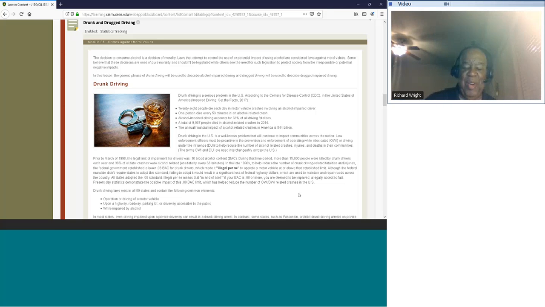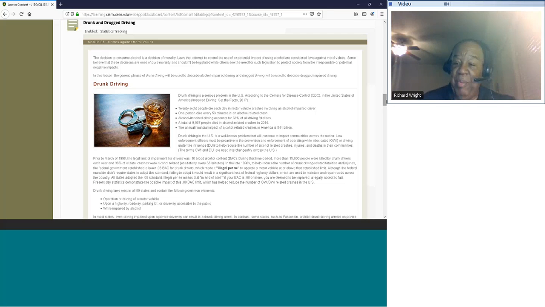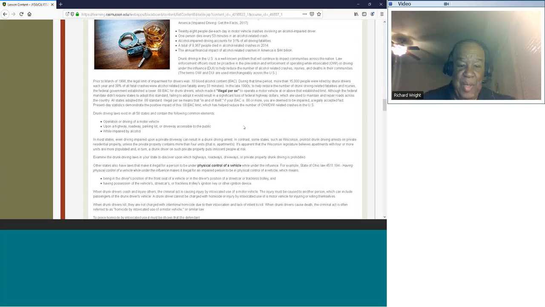And so there's money on the federal level that is spent constantly to deal with these individuals who are driving under the influence. All states now have a 0.08 legal standard, and in itself, you are driving under the influence, and you are considered to be impaired, even if you don't think you are. It's not about what you think, it's about the standard that's set out by the law. And then they talk about all 50 states, and they talk about some of the things dealing with alcohol.